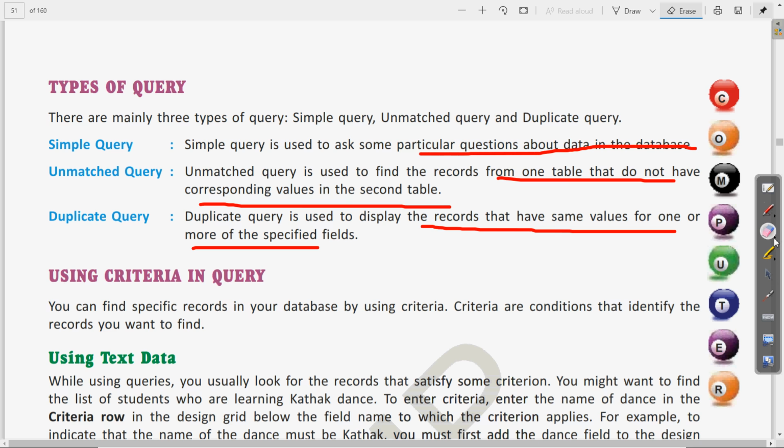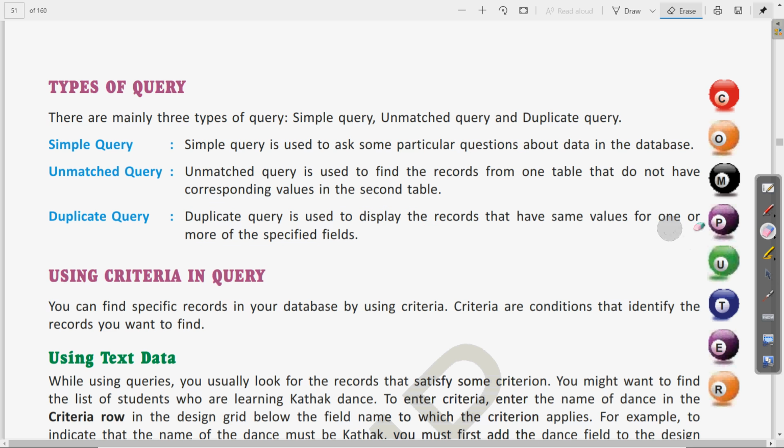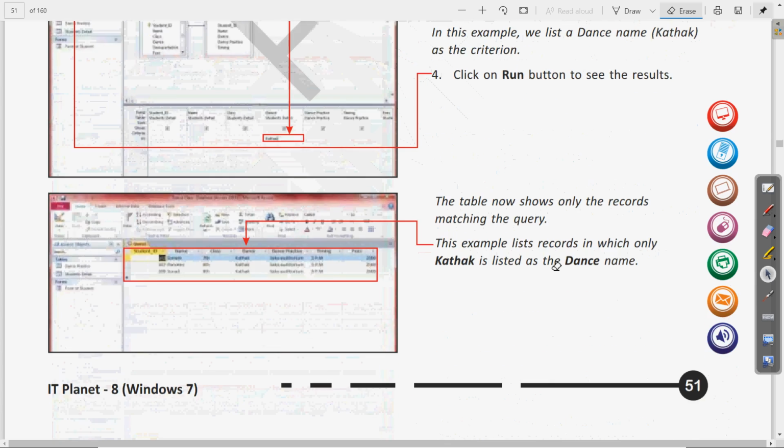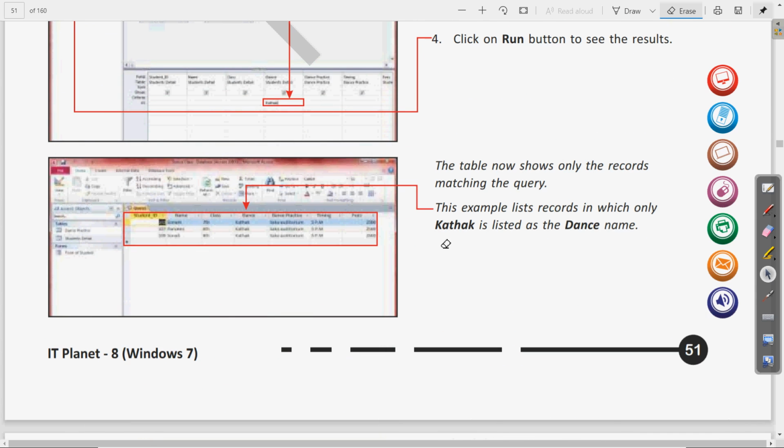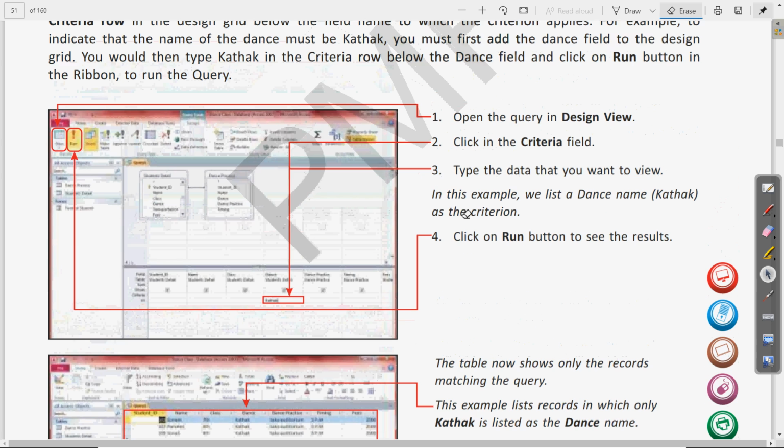After that, we have seen how we can use the criteria in a query. Using the criteria in a query, we have seen how simply we can choose using the criteria field. When you go to the query design view, in the design view we have the criteria field. Clear? Here it is.